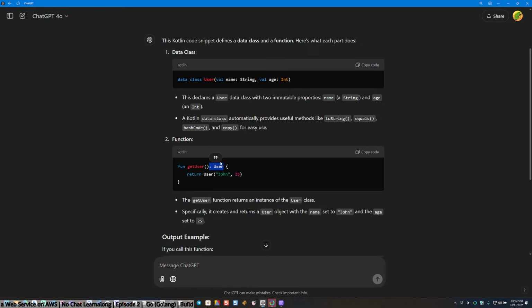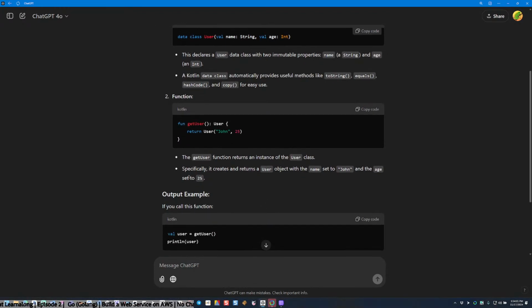Fun getUser, return type. God, this is so. I wish. Return user and a tuple. Why can't Go just do it like this? Why the fuck this ugly fucking. God damn, dude. I might just start a Kotlin stream.